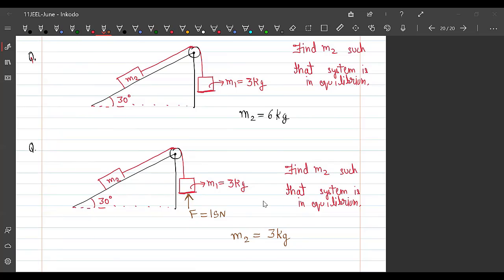Naman, free body diagram फर्स्ट इस वाले क्वेश्चन का बन गया था, आंसर आ रहा है? तो टेंशन मिल गया था मुझको, उसके बाद M2 इज इक्वल टू 6 kg नहीं आ रहा। अच्छा, तो पूछना चाहिए ना अगर नहीं आ रहा तो। सर तो वो मैं कर रहा था।